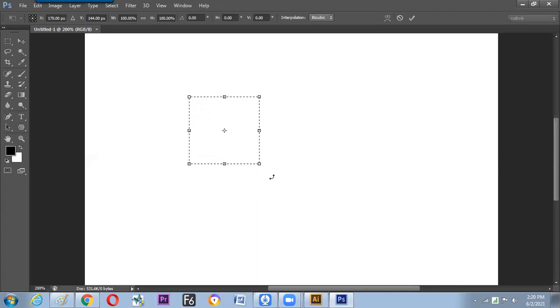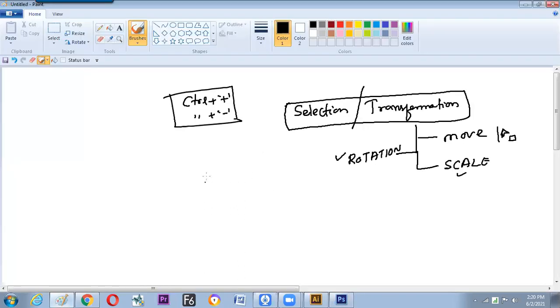Now we have seen how the cursor is changing and which types of cursor are coming. If you move to the edge, it is double direction, either horizontal or vertical. But when it goes to the corner, it is diagonal. So hope we have understood how many cursors are coming with a transform box. The transform box has small boxes in the corners and in the center of the horizontal and vertical edges. Here is a double direction mark, here a double direction mark, here an angular mark, and away in the zone a V mark. So one, two, three, four types of cursor are coming.